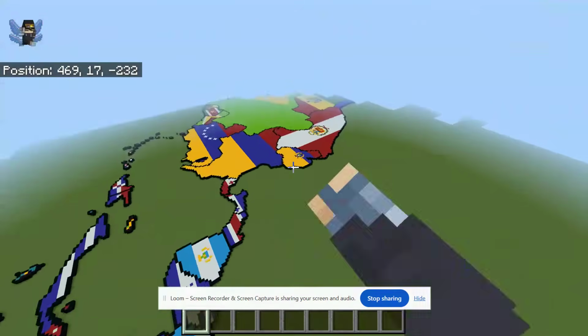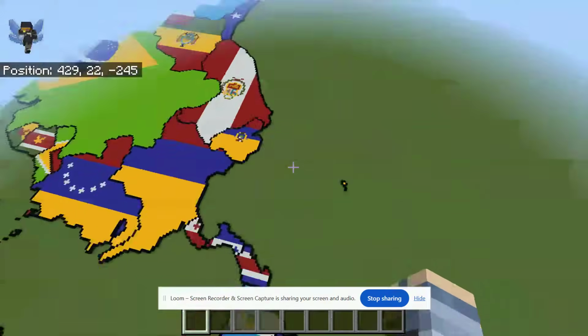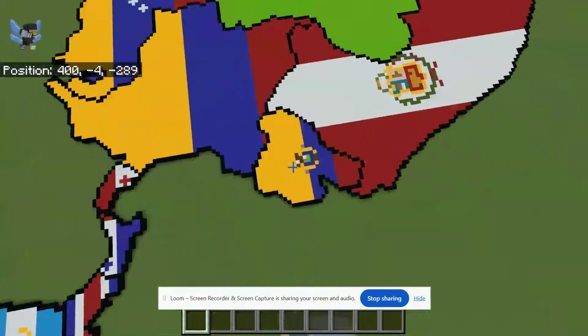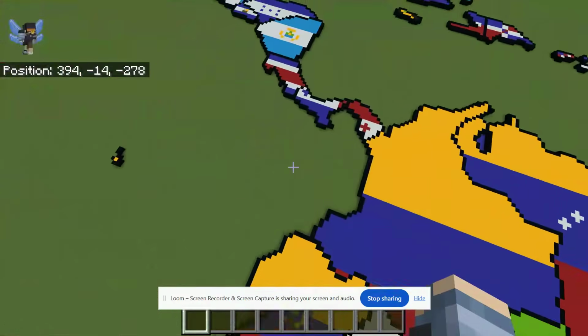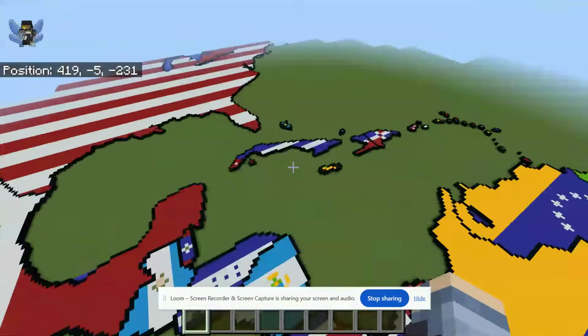So we look at Ecuador for example. Usually the Ecuador flag would go from the yellow part to the red part, but then you can see the entire emblem. So they shrunk it down. Black Ghost. We have Mexico, Caribbean,